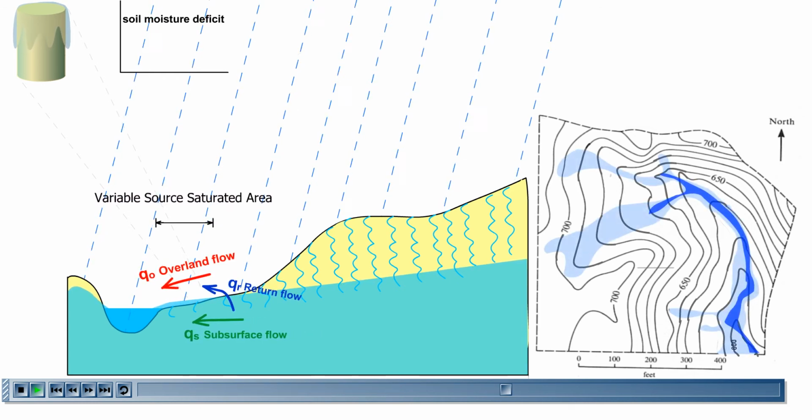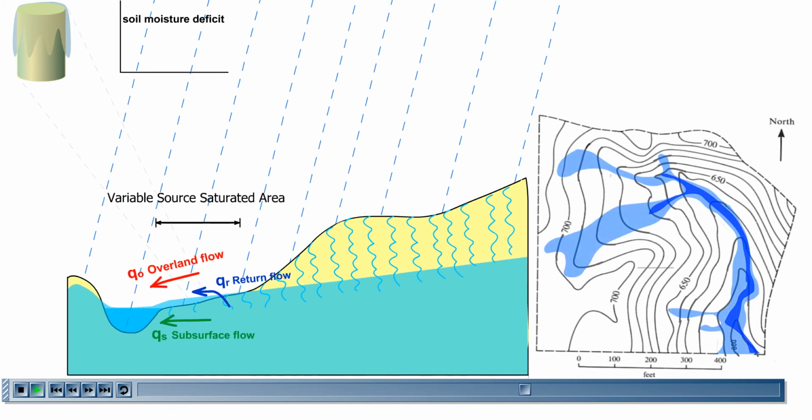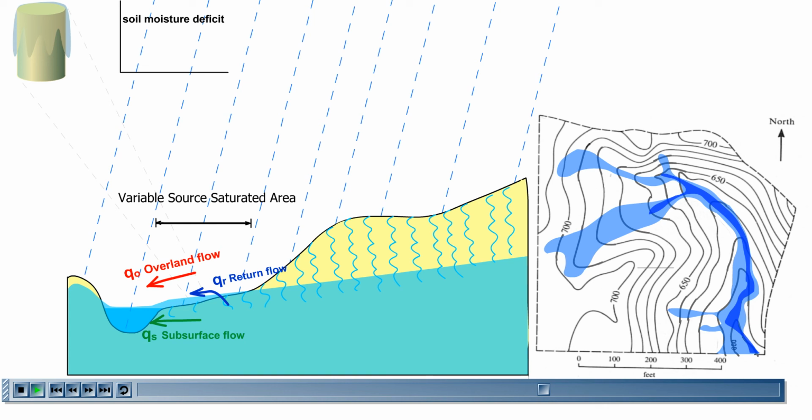The contour map on the right shows the expansion of the saturated area in valley floors and areas with convergent topography. This variation of saturated area occurs within a storm and also at seasonal timescales. During the wet season, some area may be saturated before the storm starts and will immediately contribute to runoff once